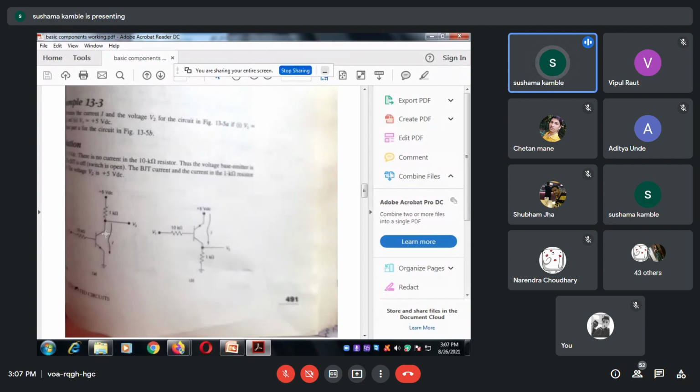Again, this explains whatever we have done theoretically. This is expressed mathematically, how to find out the current flowing through the circuit when we are applying the voltage V1 or the plus 5 volt DC. Now I am not going to explain it again because it will be boring, so you just go through it on your own. See here, it is regarding the NPN transistor and the PNP transistor. Arrow is towards the base here, and here the arrow is away from the base. So this is the case of the NPN transistor and this is the case of the PNP transistor.